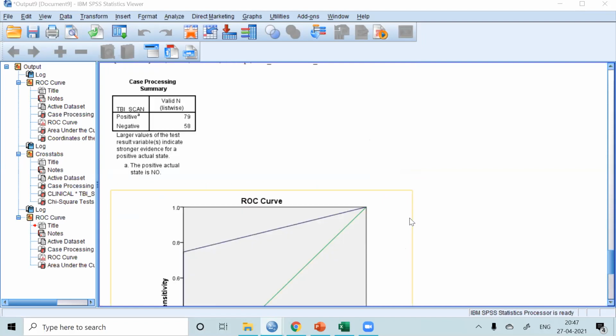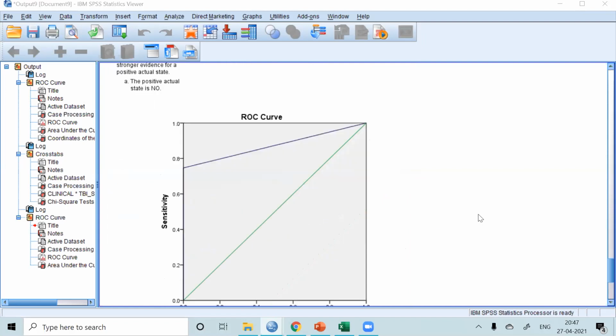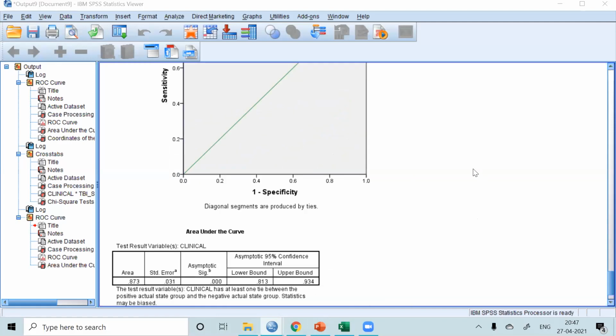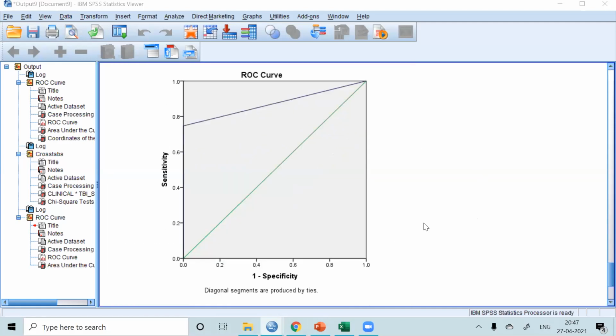But if you see, there's not much concordance in the proportions of correctly classifying the false positivity. When it comes to true positives, it is good, but when it comes to true negatives, there is a kind of misclassification. That is why it has shown up in McNemar's test. But when we say area under the curve, it is good.